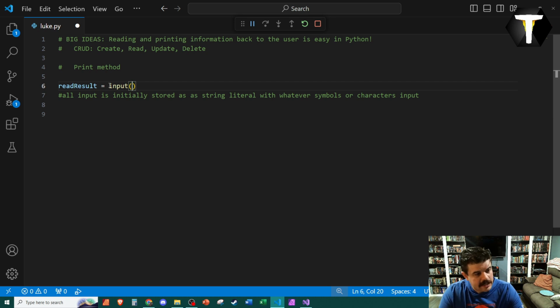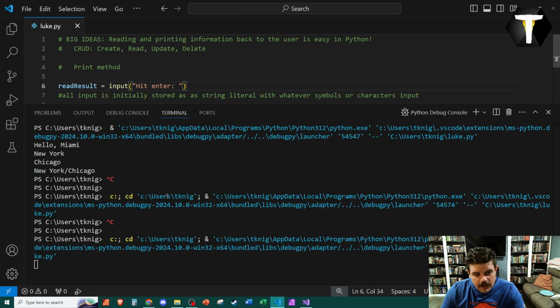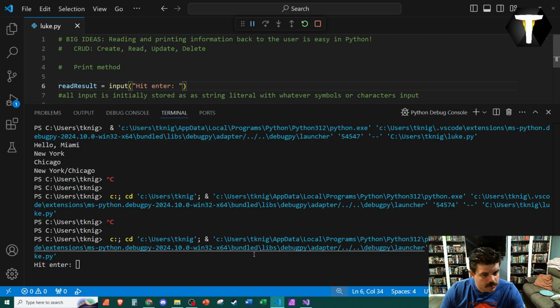So another neat thing that you can do with the input is you can type in a command right here. So if we hit enter and space, that way, because this is going to end this particular string, whatever the user inputs would be sitting right here. It's going to look weird. You want to make sure there's a space, maybe 2. And now if I run it, it will give the user a command,